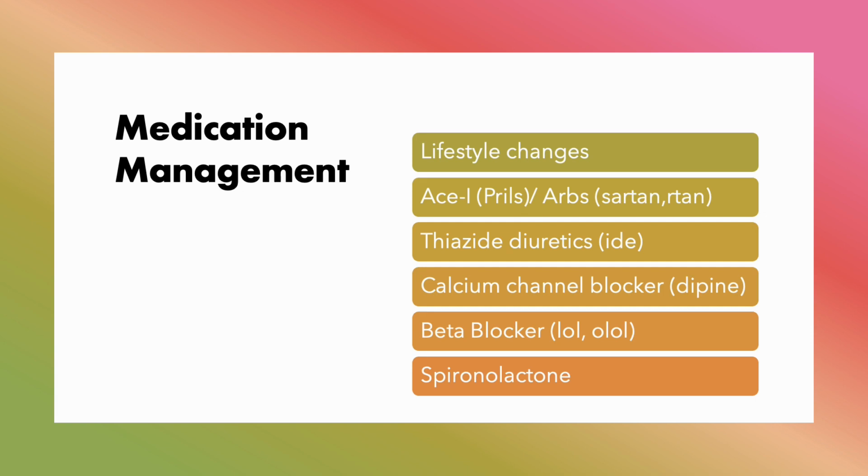So medication management for hypertension, of course, the first line is going to be lifestyle changes and modification. If your patient has elevated blood pressure, which is 120 to 129/80, you're going to want them to come back in the office in 3 to 6 months and repeat their blood pressure, especially if they have a family history and they're at risk. You really want to hone in like, hey, you really have to get this